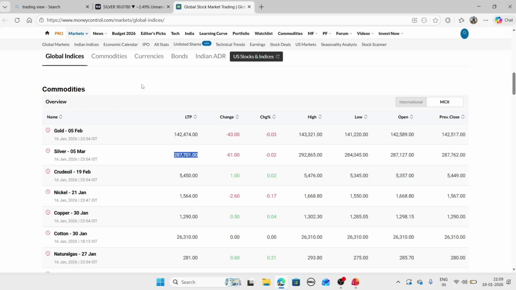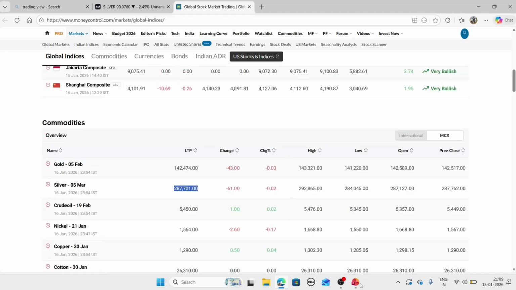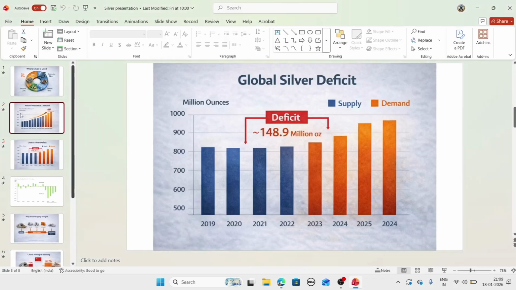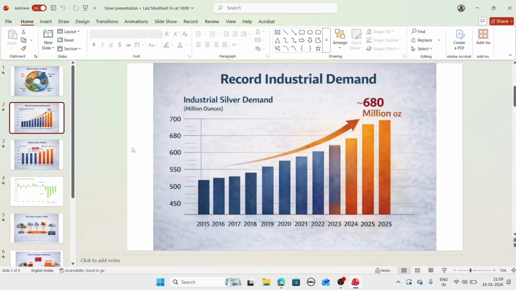The rally was supported by the softer inflation data, which is strengthening the expectation of Fed cuts, and that helped push silver above $90. When markets smell easier money, non-yielding metals get re-rated upward, right? And the second thing, as I showed you here, is that it is all about demand and supply. Industrial demand that doesn't stop.